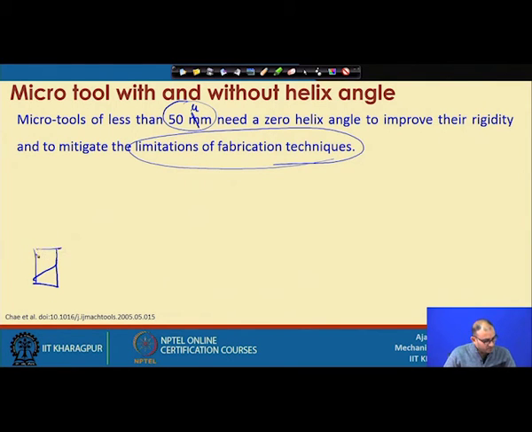So, when you use this particular cutting tool in the machining operation, either it will be worn completely or it will be broken within a few cycles of operation. So, that is a big problem here. Mostly when we find a cutting tool with a diameter of less than 50 micron, you will get very primitive shapes. Mostly it is a square and triangle or some type of rectangle also.